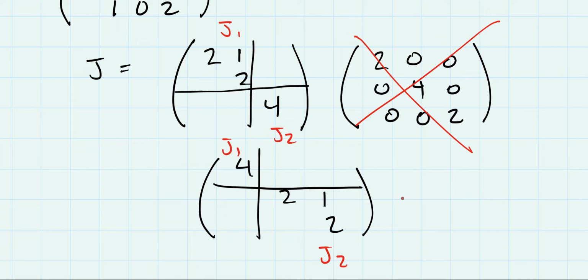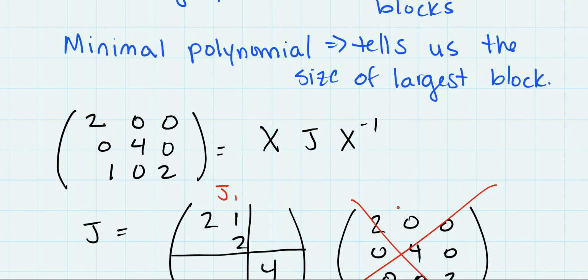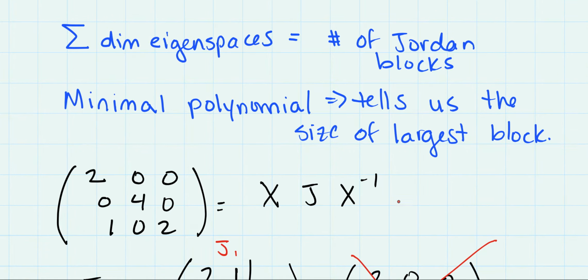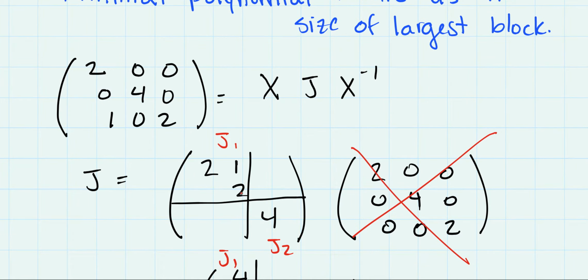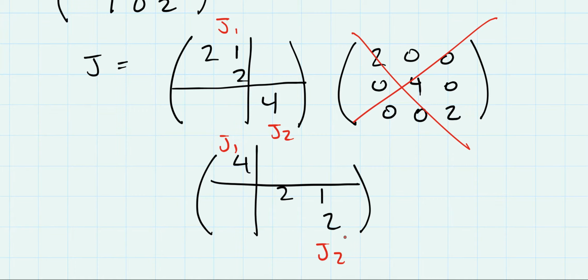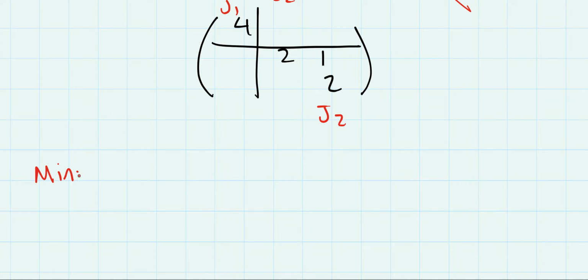Okay, so it's one of these. And also, if I find the minimal polynomial, it tells me the size of the largest block. Here, the largest block is going to be a 2 by 2 block. You can see this is a 1 by 1 block, this is a 2 by 2 block. And the minimal polynomial, so the minimal polynomial